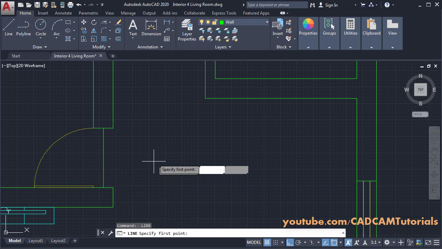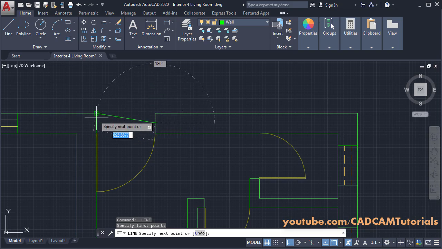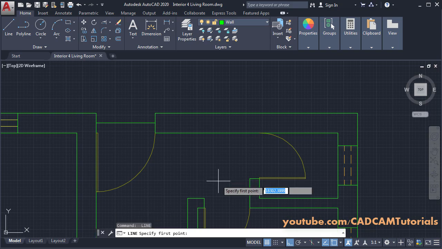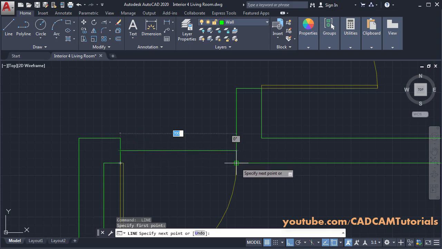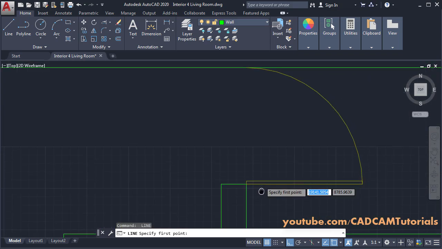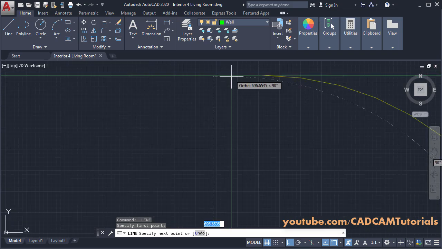Enter, enter, then click on this midpoint, take your cursor to this endpoint, take it below, click, enter, enter, then again here, click on this midpoint, drag this endpoint, click, enter, enter, and this midpoint, drag this endpoint, drag this midpoint, click, enter,